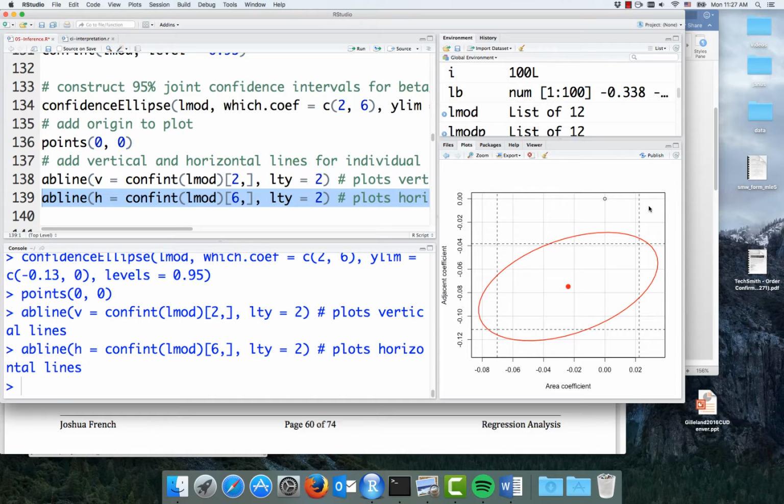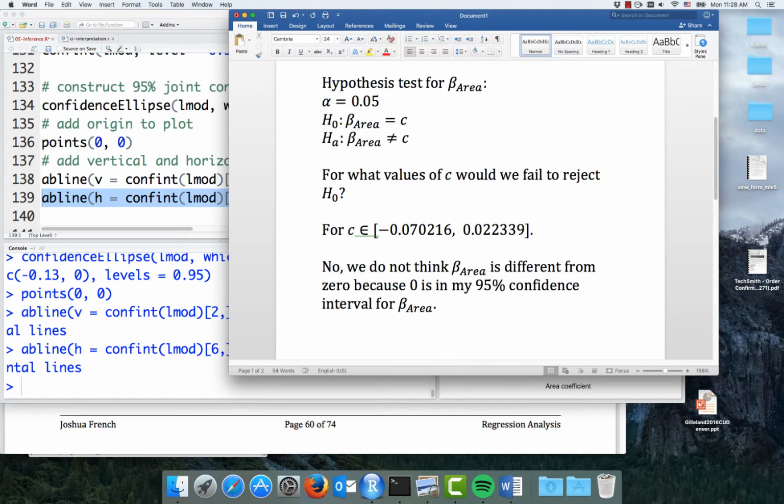Well, I hope that was helpful for you. So what are we going to do here? We're going to think about what we did before, where we looked at our confidence region, and we thought about how this would translate to a hypothesis test. So for any value in our confidence region, it would cause us to fail to reject the null hypothesis for those particular parameter values of beta area and beta adjacent. So just to be very clear here,